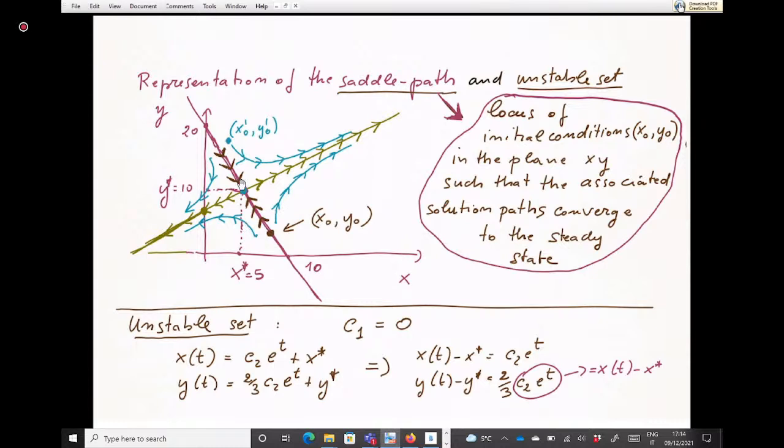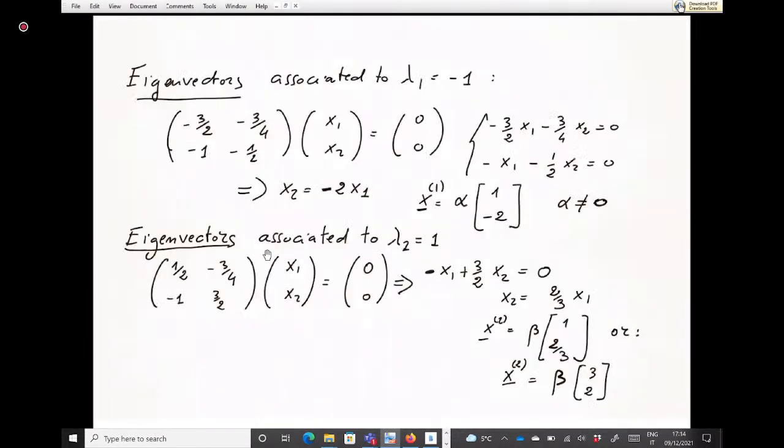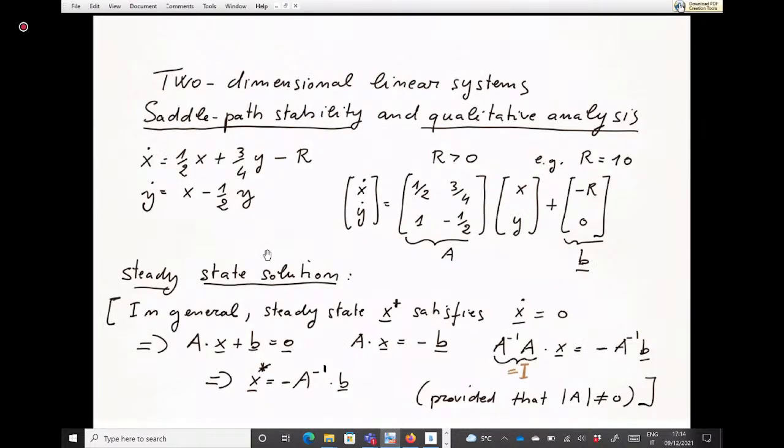Anyway, many economic models, not only linear like in this case, but non-linear, are studied by means of these qualitative diagrams, just to figure out what the qualitative behavior of the variables would be. And this is just to let you understand why it is important. In many economic models,